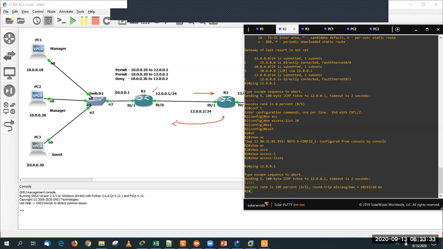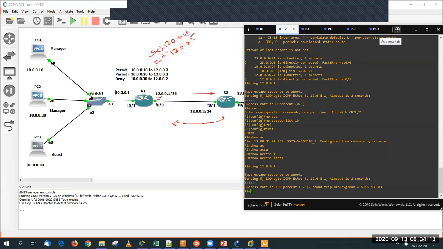So if you carefully look into the packet, when I ping from R1 to R3 or R1 to R2, I informed R2 to block all the IPs sourcing 12.0.0.1. So when R1 generates a packet to maybe this last network, who is that guy? Maybe R2, leave it as R2 itself. So what is my content? My source IP will be 12.0.0.1, and destination IP will be 12.0.0.2, and R2 checks the ACL saying, okay, source IP is 12.0.0.1. Fine, I have to block it in the inbound direction.